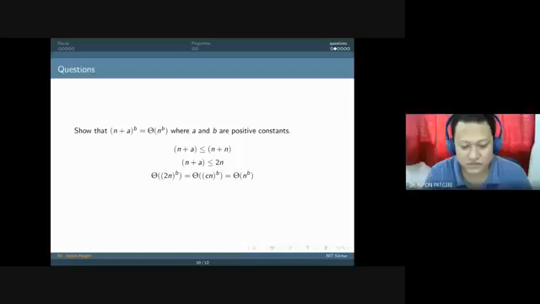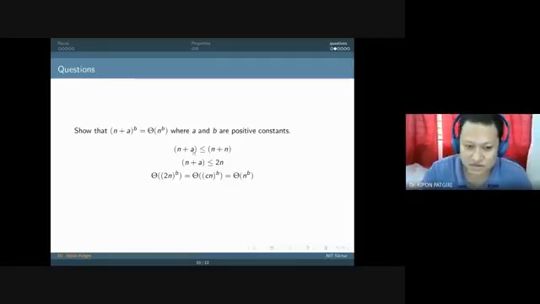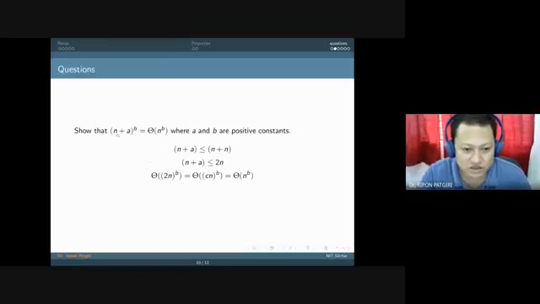Yes, sir. I'll clarify that point in the next coming slides. Okay, I'll clarify why we have not written f of n. See, this is a function f of n. So f of n is equal to (n plus a) to the power b. How are you going to represent this? f of n is equal to big theta of (2 to the power n) to the power b, equal to big theta of (c of n) to the power b, equal to big theta of n to the power b. That's it. Am I clear?